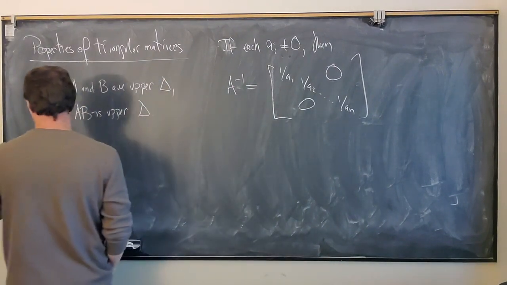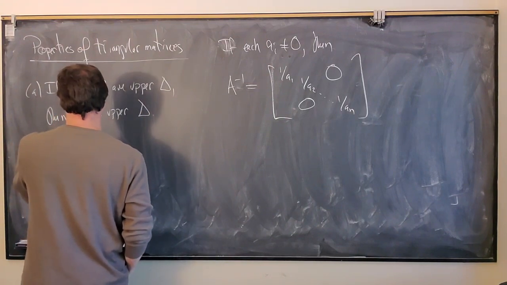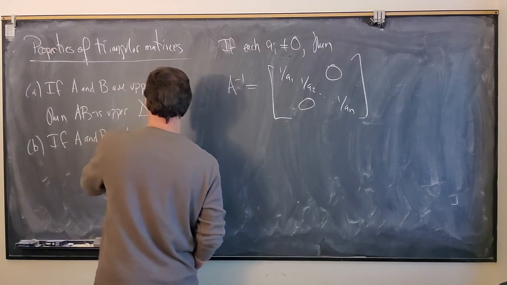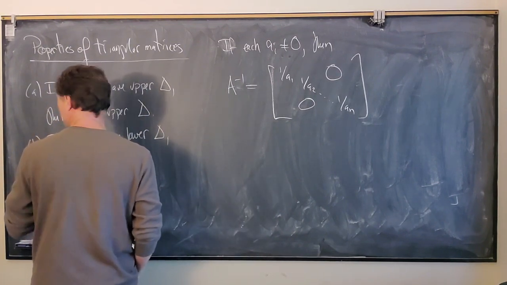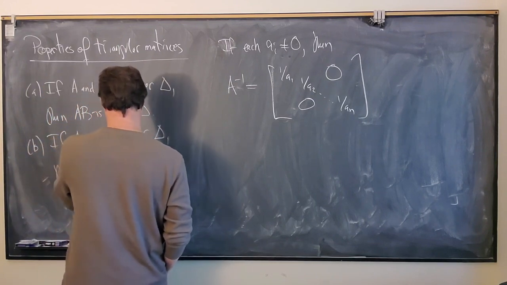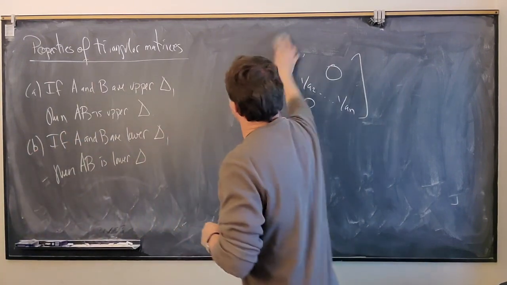Same thing for the product: if A and B are lower triangular, then when you multiply, it stays lower triangular. So AB is lower triangular. And then the last of the properties